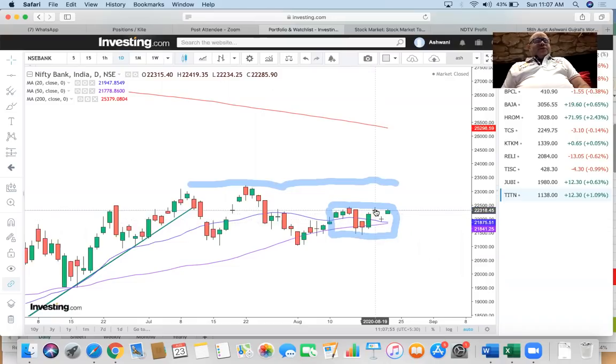The low of this bar is 22,234, which won't be a great stop. The lows here are about 21,990. The low here is about 22,000. So my guess is that since you have closed at I think 22,299